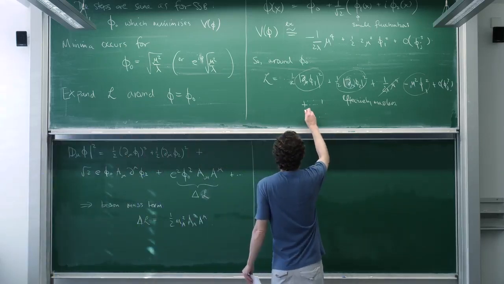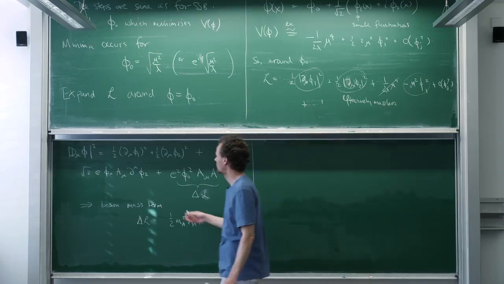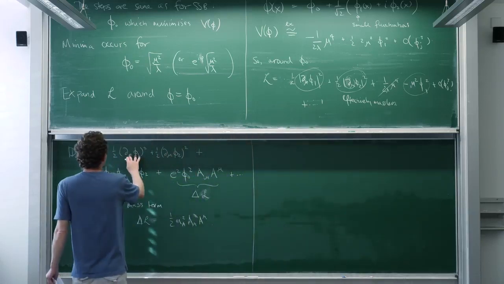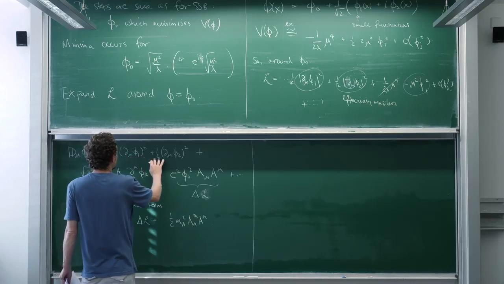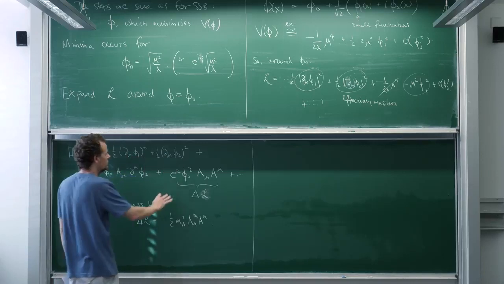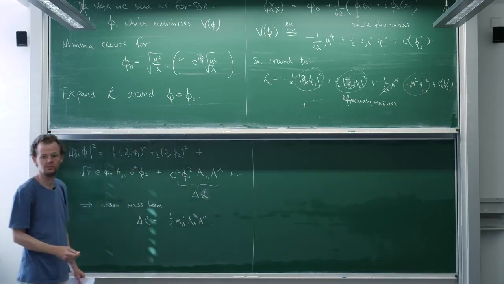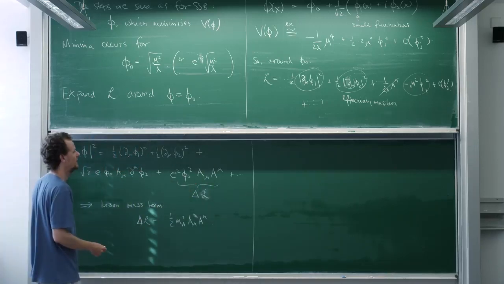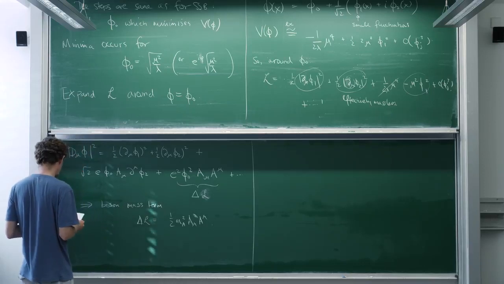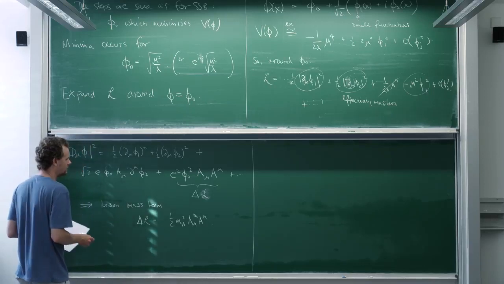But the lowest order stuff to this Lagrangian looks like a free massive phi 1, a free massless phi 2, and massive bosons A mu. Not bad, huh? So that's all classical.